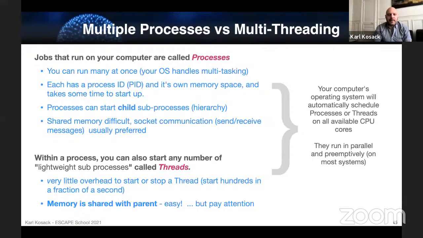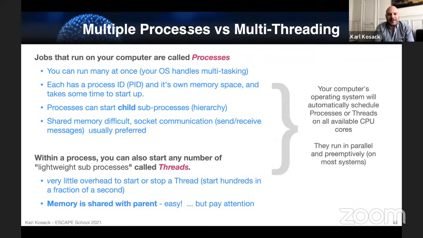Okay. So the first thing I want to talk about is multiple processes and multi-threading, which is one of the big differences with the various implementations of Python. And so you probably know that on your computer, everything that you run, every application you have open, is running in something called a process. And sometimes processes can have child processes. Things like if you start up Google Chrome, for instance, it runs each one of its tabs in a separate process. But you can run many, many processes on modern computers.